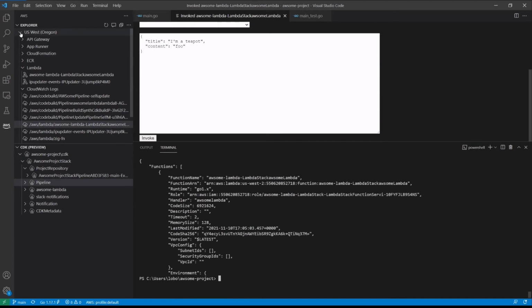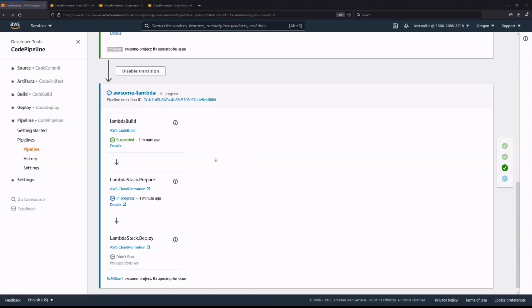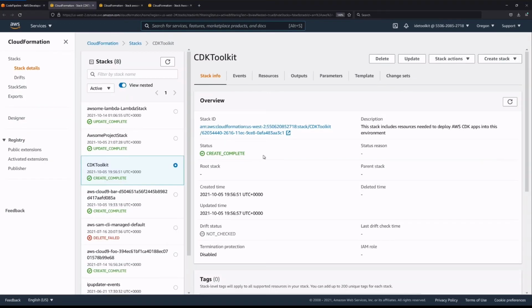When we first set the CDK up, we'll run a CDK command that again uses CloudFormation to create a basis for deploying other CloudFormation templates within the environment. So this CDK toolkit is created by the CDK bootstrap command. That's a one-time operation.